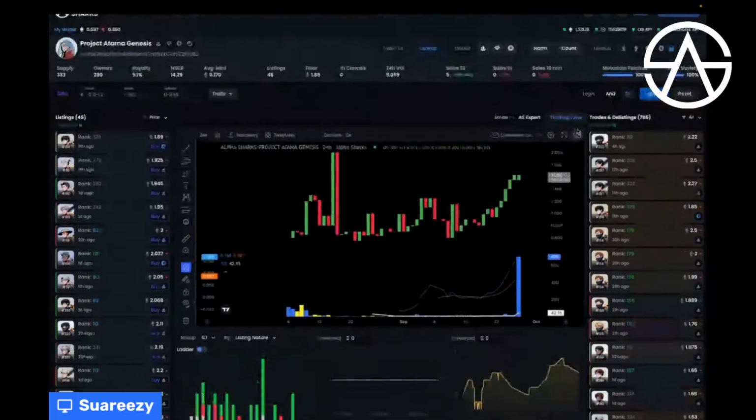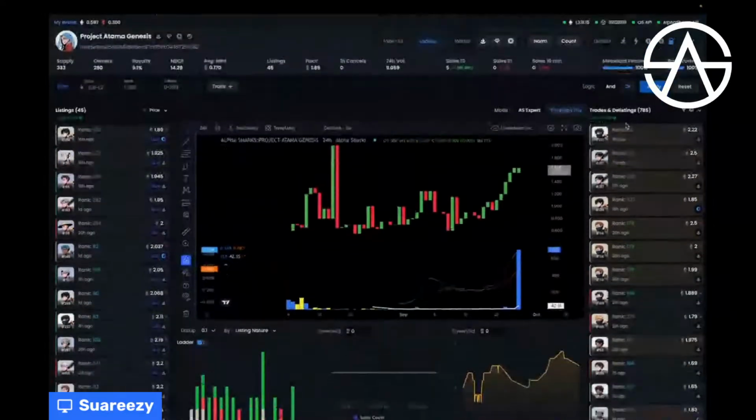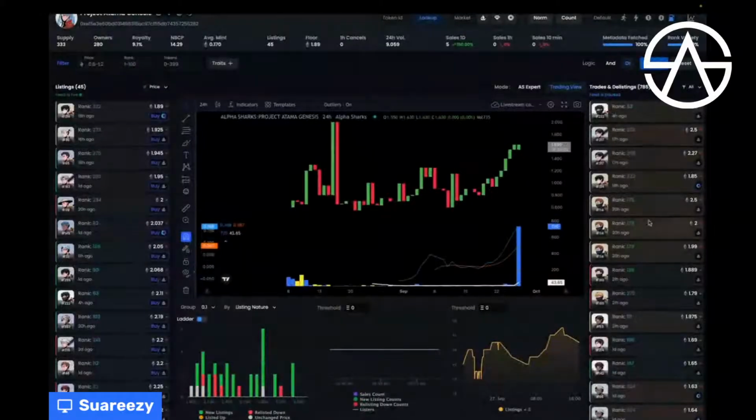So I guess we have one more thing to go over on the right hand side, and that was going to be the trades and delistings. On the right hand side, there's going to be a highlighted portion with these NFTs, and you'll see some that are grayed out. The ones that are highlighted here indicate that this listing was actually delisted and was not an actual transaction. So these are actually delistings that are going on, while the ones that are grayed out are actual sales